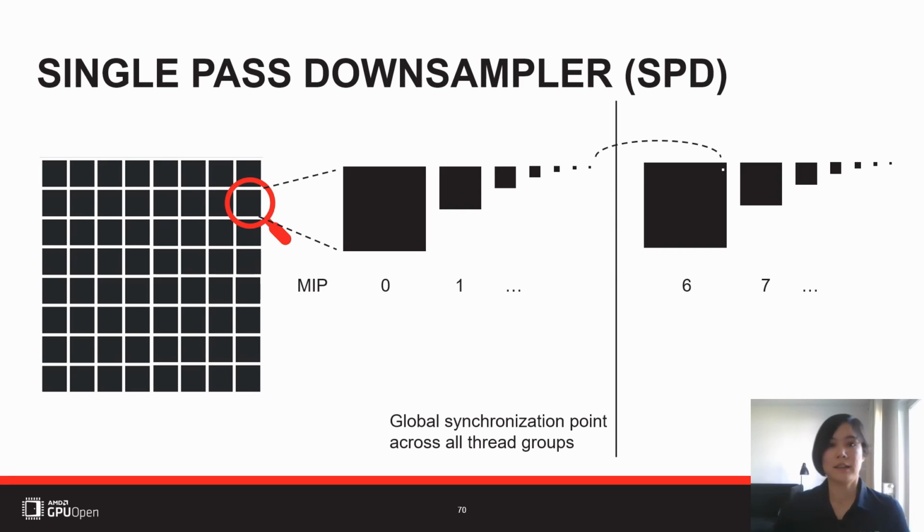So here we see again the source texture, then the patches of size 64 times 64. Each patch gets downsampled individually by a single thread group down to 1. Then we have to wait until all thread groups are done. This is a global synchronization point, and it's the only global synchronization point we have in this whole approach. Once all are done, the last active thread group can continue. We use the last active thread group because then we know all other thread groups are done with their work, and the last active one can do another round of downsampling and compute the last few MIPs.